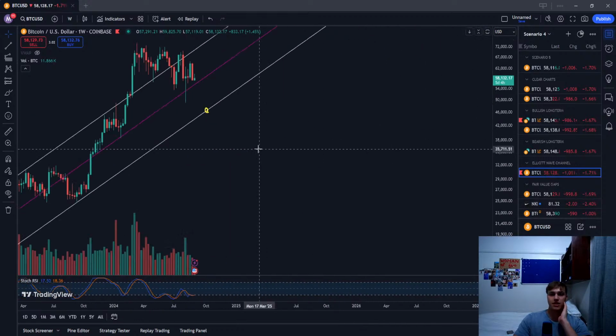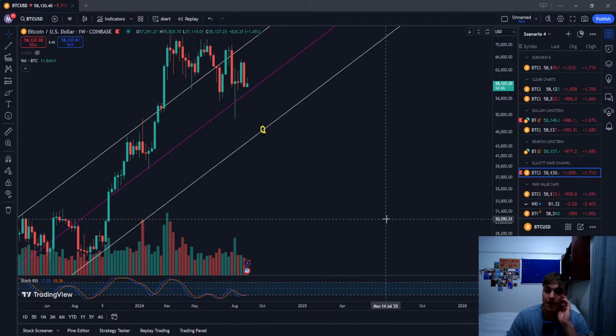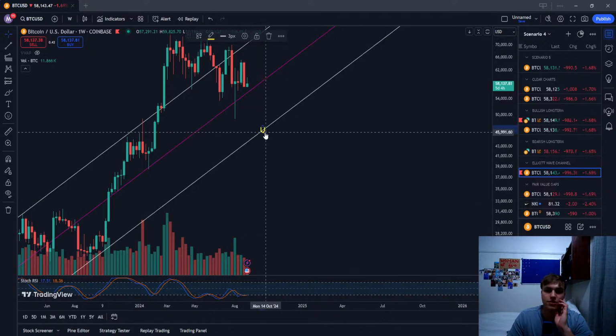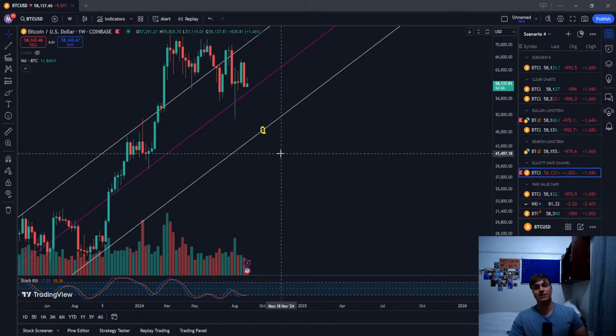And to be honest, I think there are too many things that have adopted Bitcoin now, like the Bitcoin ETFs and the moves that all the countries are making with paying in Bitcoin, etc. So I doubt it'll get down to that level. If it does, happy days. We get to buy tons and tons of Bitcoin.